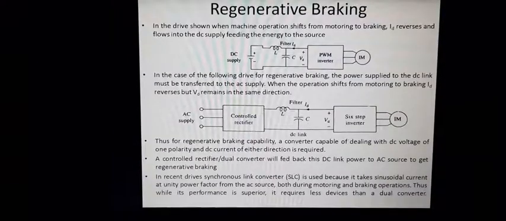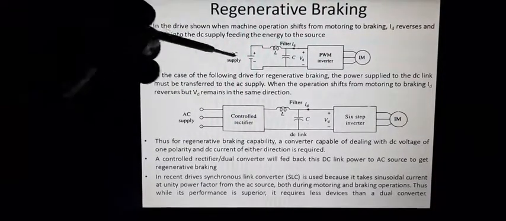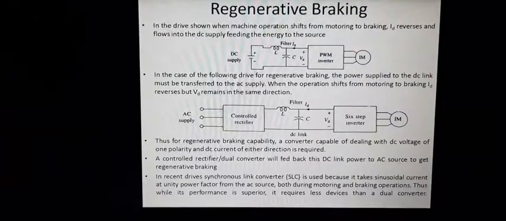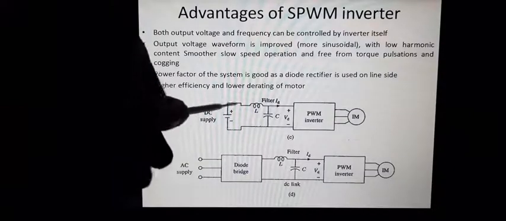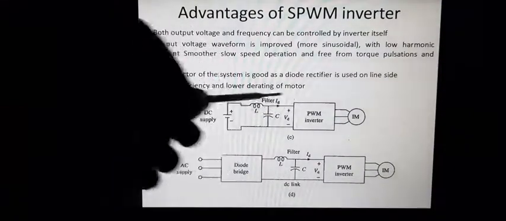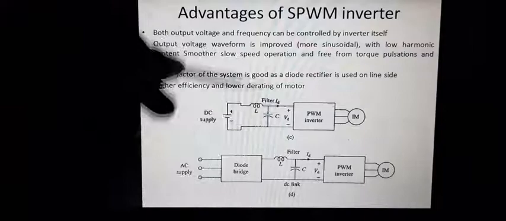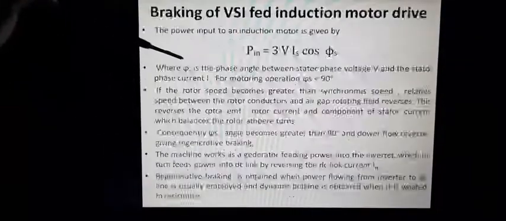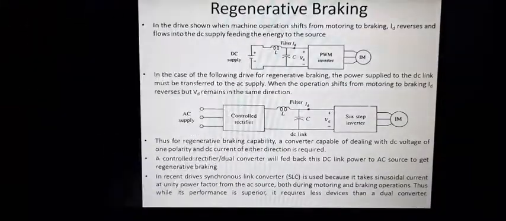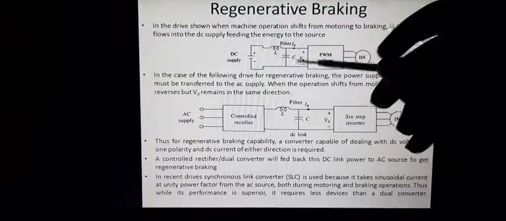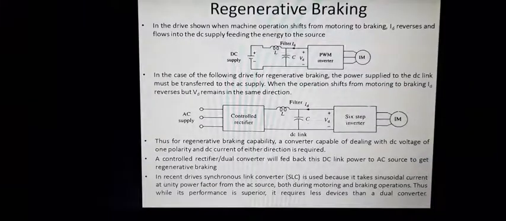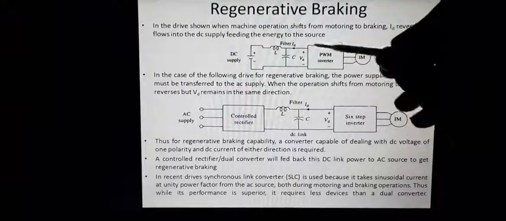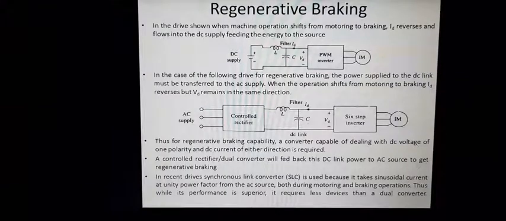Next, we are going to the detail of regenerative braking. You are familiar with the circuit. In the previous slide, I have already explained the circuit. But here the current direction was into the induction motor, but now since it's braking operation, the current direction has been reversed. You will be able to see now the current direction is not into the induction motor, it is flowing away from the induction motor to the DC source, but the polarity at these terminals remains the same.